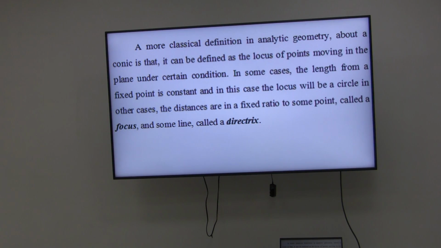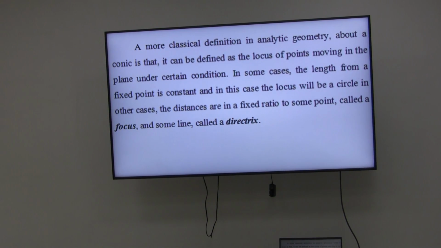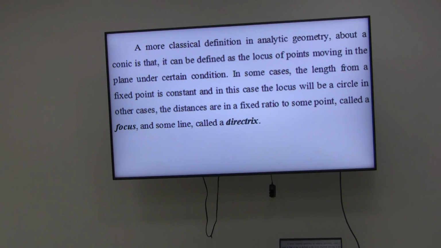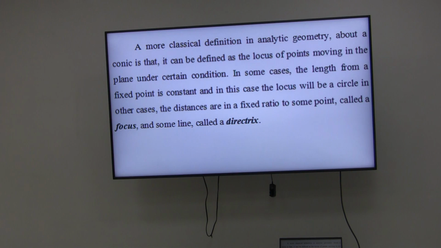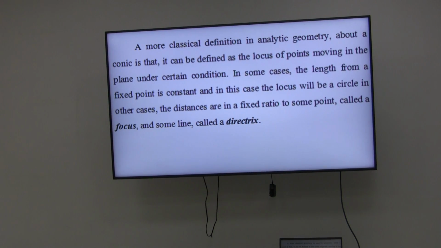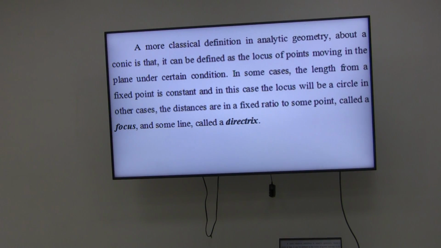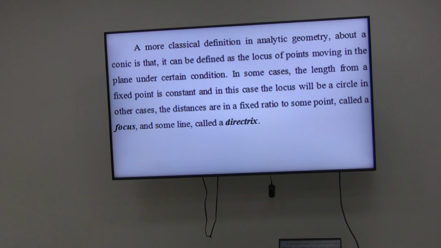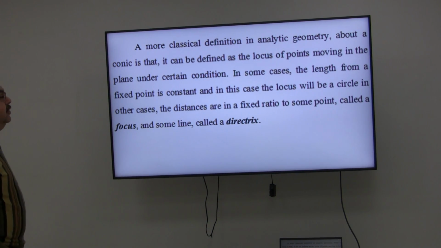So for example, if you have a constant distance between this moving point and the fixed point, and you move under the condition that this distance is fixed, you will be able to draw a circle. Like the example I told you: if you have this string and the dragonfly is trying to fly away as much as possible, but your string prevents her, she will move on the surface of a sphere around you. You understand what I'm saying? Are you with me, guys? Okay, that's the main concept of analytic geometry.